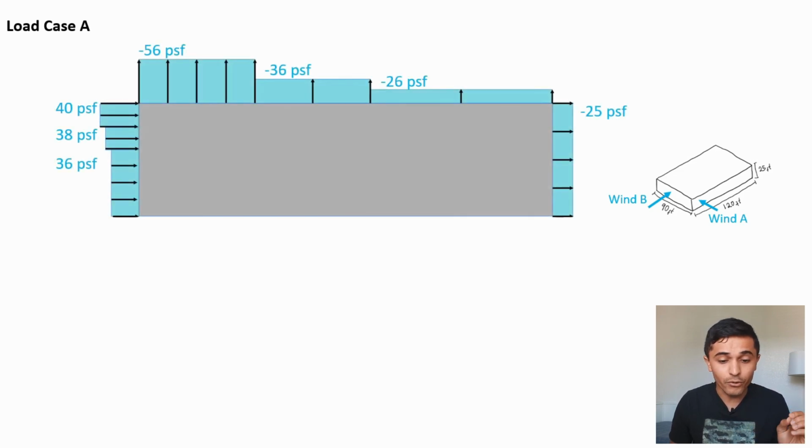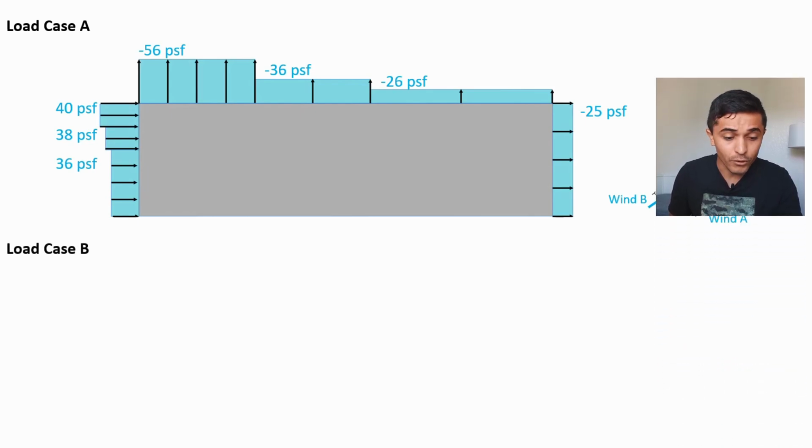You can see here for load case A, if I plug and chug all my pressures, and I actually tried to draw this somewhat to scale, at least with the building dimension, and you can see if you were to design this building, you're building a model and wanted to squeeze in all the pressures and really try to hone into what you should do for your load combinations, this is what you should do. If you're trying to capture the most uplift on your building and also the most overturning force on your building, you'd be looking at this